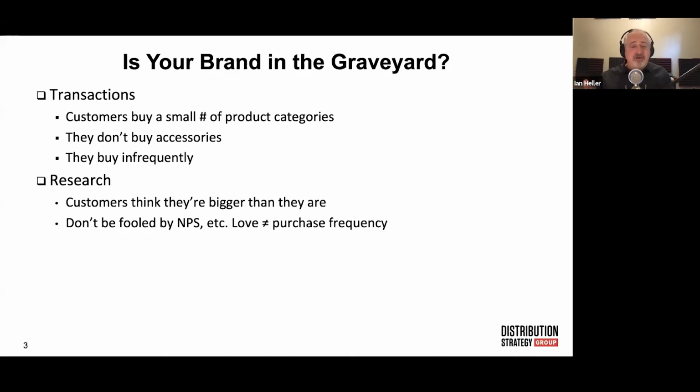And that's really the next point, which is don't mistake a very high net promoter score, a very high level of customer loyalty, for having an impact on purchase frequency. They may love you for that little tiny niche that they buy from you. That doesn't mean they're going to buy more often if they don't need that thing more often. So I'll give an example. When I was a branch manager at Grainger 163 years ago,